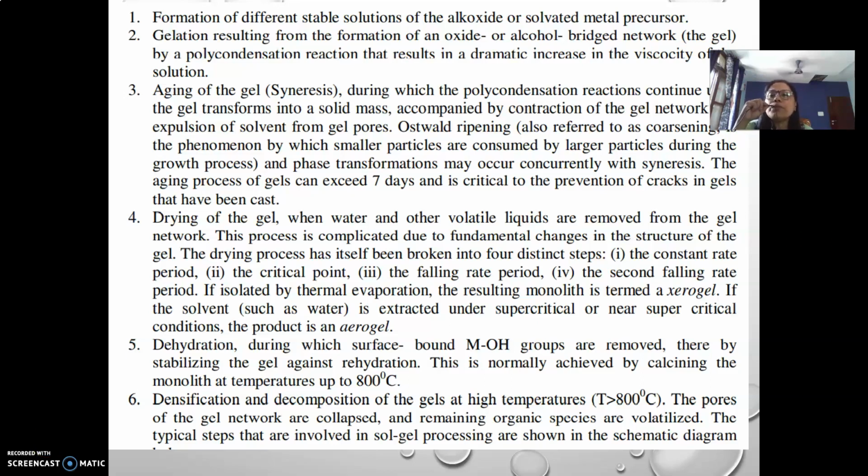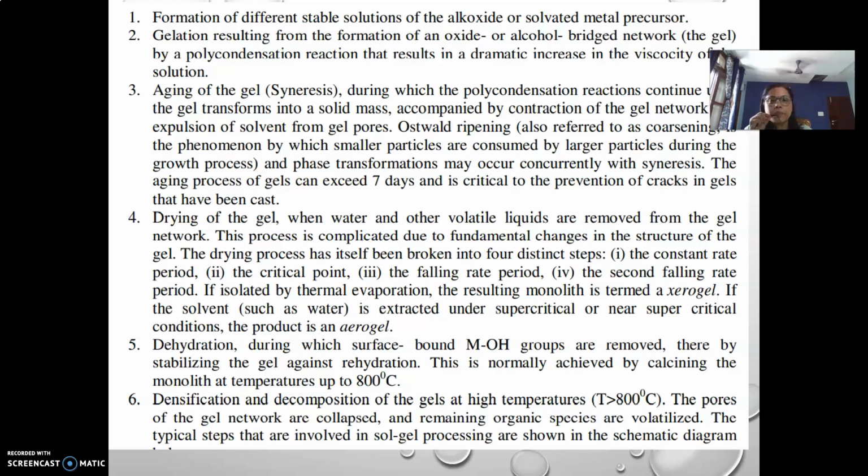First of all, formation of a stable solution of the alkoxide or the solvated metal precursor of which we want to prepare the nanomaterial. Then, after formation of the solvated metal precursor solution, we go for gelation resulting from the formation of an oxide or alcohol-based network. That means the gel formation will be done by the polycondensation reaction that results in a dramatic increase in the viscosity of the solution, because as the solvent goes on evaporating,